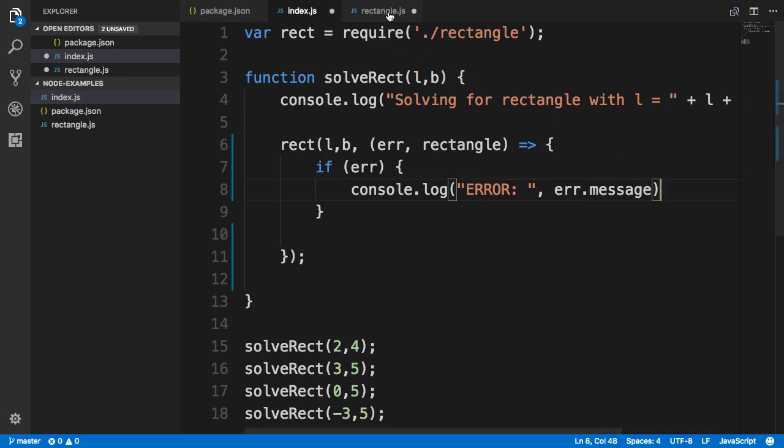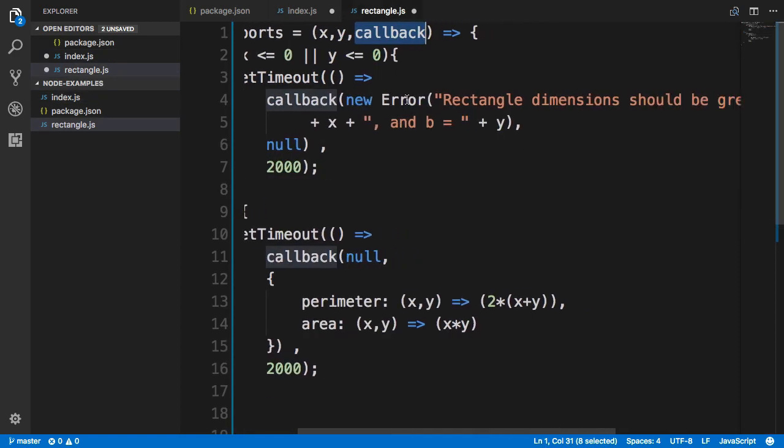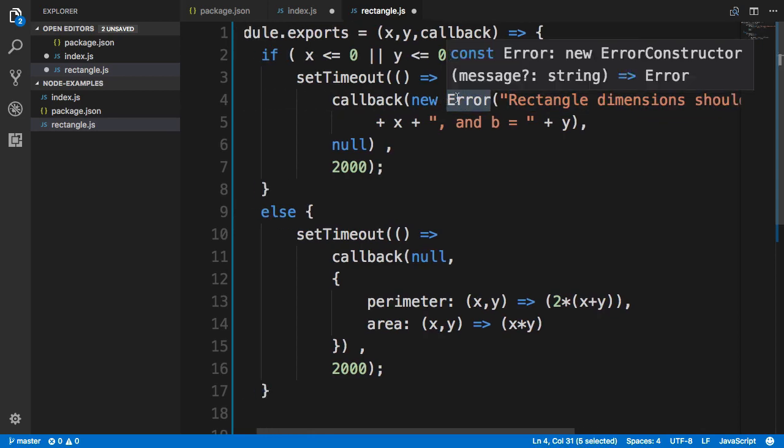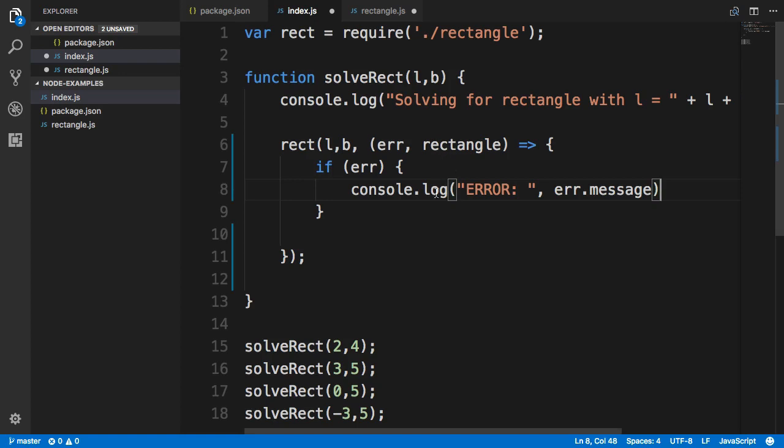Recall that in the rectangle we had created this new error object and then passed in this string inside this error object. This string will be attached to the message property of the error object here. So in the index.js file, I'm retrieving the message property of the error object and then printing it out onto my console here. So if an error occurs, I'm going to print out the error message using this. And so this is how I would handle an error that is returned by a callback function. Otherwise,